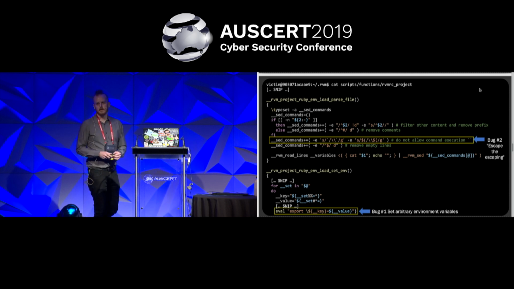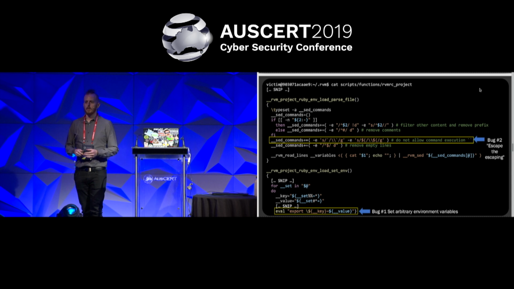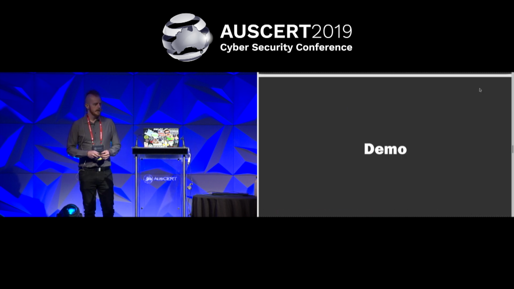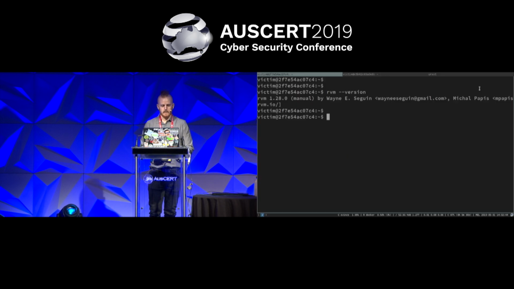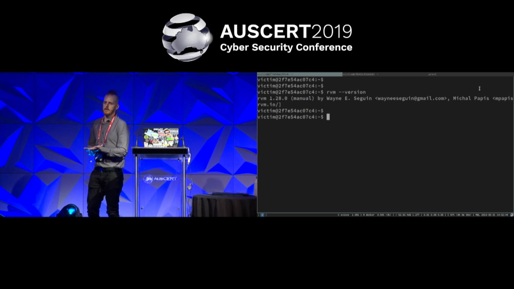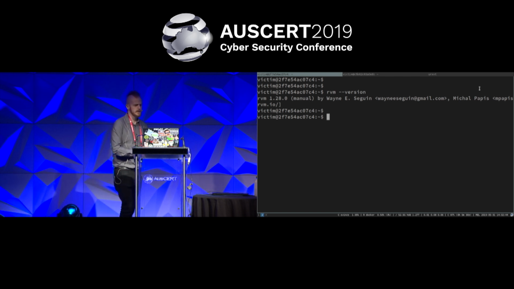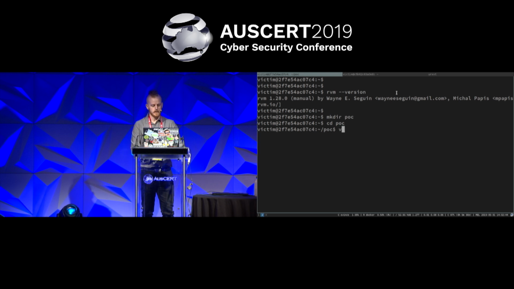And this is a classic vulnerability for anyone who's dealt with exploiting SQL injection bugs that have a poor escaping engine put in front of them. So let's quickly have a look at these two vulnerabilities and what they actually look like when you're exploring the concept and then exploiting the vulnerability. So we've here got a Docker container running an old version of RVM. If we just make a POC directory and hop into it,